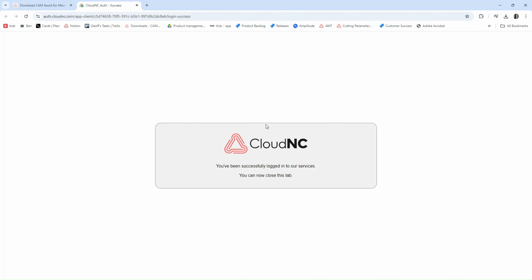Now I've already logged in, so it's already giving me this message. But if you don't have that message, you'll probably get the Mastercam login page, and you'll just either have to enter your email and password, and that's the email that you've hooked up to your Cam Assist account. And if you don't have that established, we might need to do some changes on our end or through the reseller to get your credentials in. But once that's all set up, you'll be able to get a message like this saying you're successfully logged in. And then if we go back to Mastercam now,